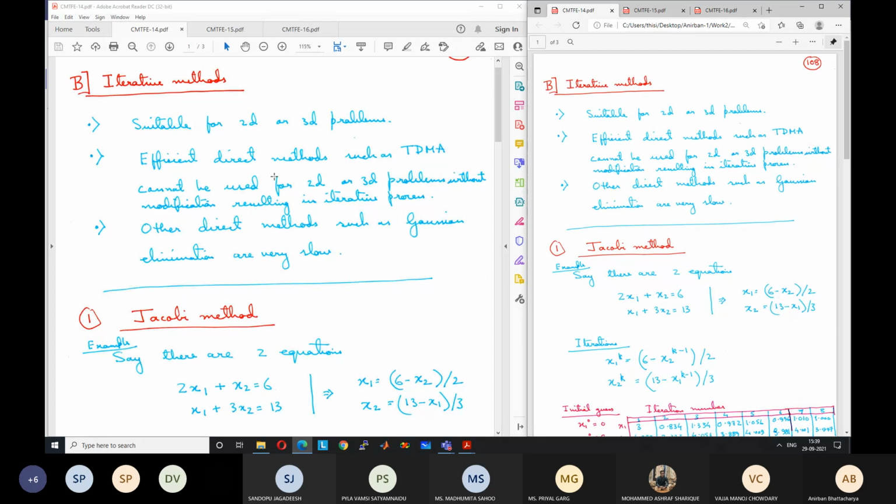In the iterative solution, if there are n equations and n unknowns, we get n values of the unknowns, so n temperature values, but for the first iteration, these n values will not be correct. So we will again iterate, and we'll get n new values. This time, these n values will be closer to the correct solution. If everything goes right, it will be closer to the correct solution, but still not correct. Then we will keep on repeating, and these n values will come closer and closer to the correct solution. And ultimately, if it is very close to the correct solution, we cannot say directly whether it is very close, because we do not know the correct solution.